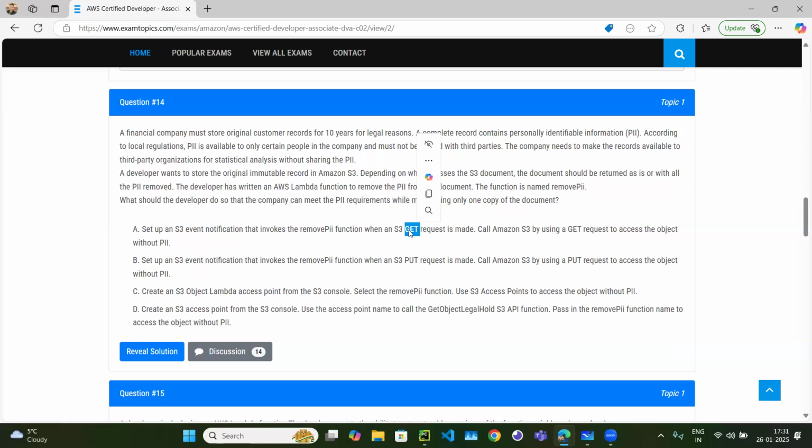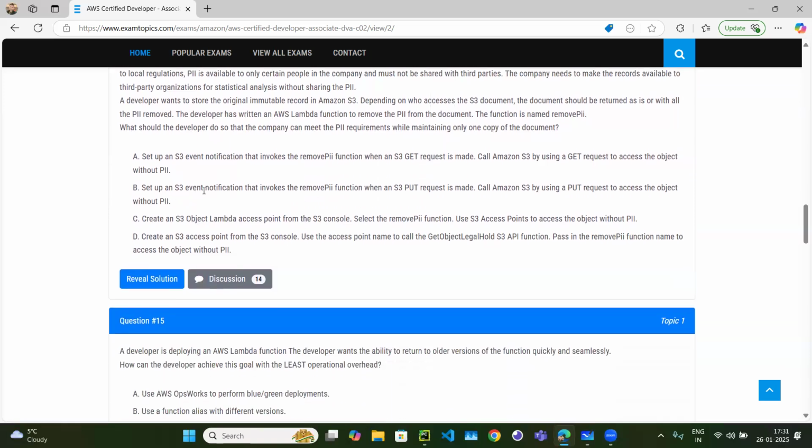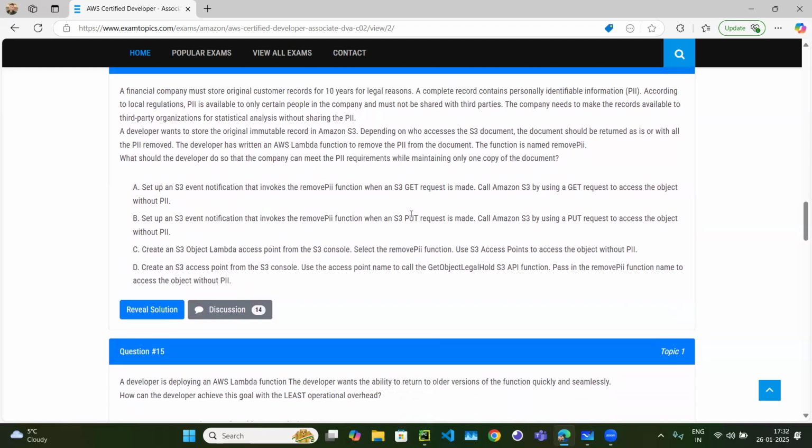Whenever any get request is made, you can't set up S3 notification. S3 notification can be used on put request, post request, delete request, create request, not on the get request. So A is wrong. Set up the S3 event notification that invokes the remove PI function when a S3 put request is made. No, because